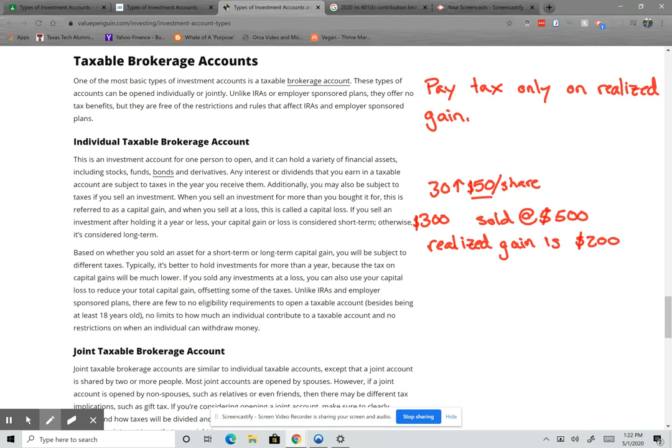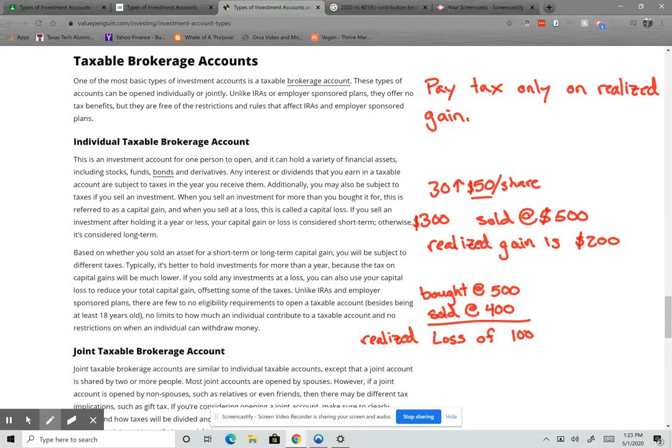Now, let's say I own other things too, and some of my other investments didn't turn out that well. In fact, I had one that I bought at 500 and sold at 400. That gives me a realized loss of $100. But if these are both in the same account, or both in taxable accounts, I'm not going to pay tax